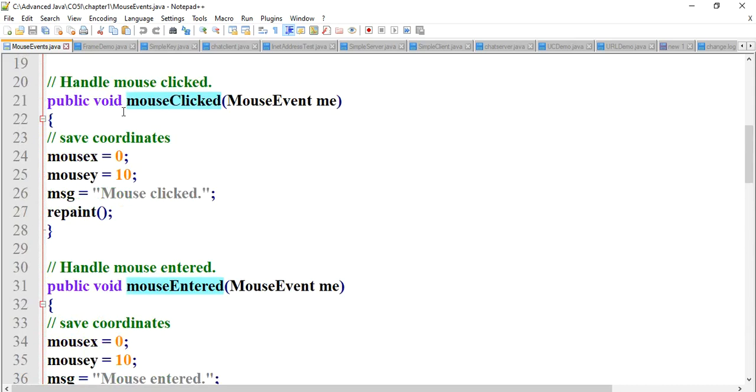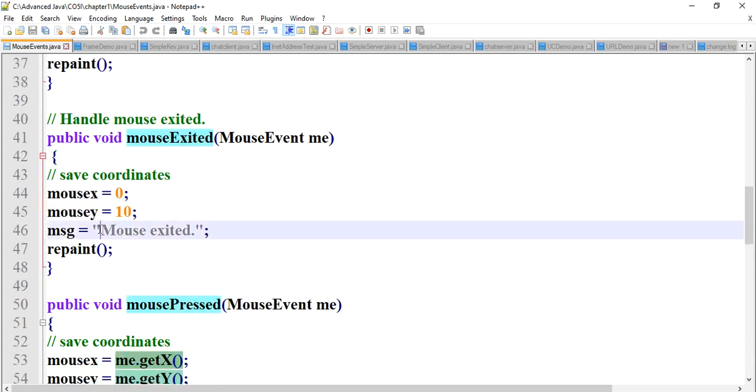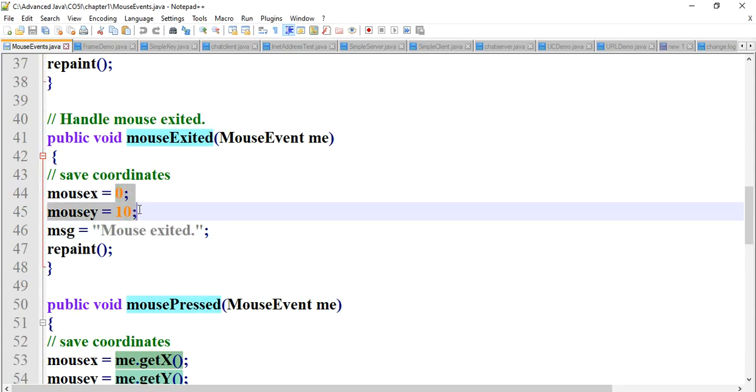When we click, in mouseClicked, the message mouse click is displayed, and its X position and Y position are given. After that, mouseEntered. When we enter that screen, the mouse entered message is displayed at this X and Y position. For mouseExited, when we exit from that window, the mouse exited message is displayed at X 0, Y 10.